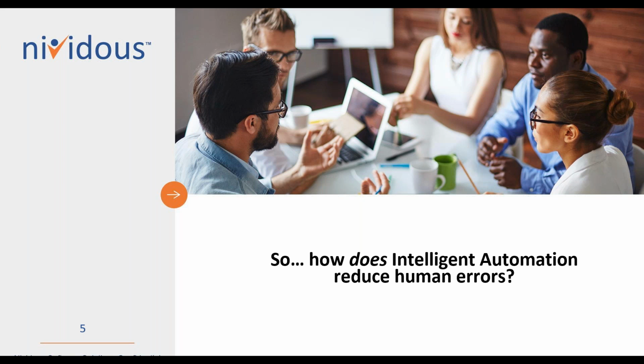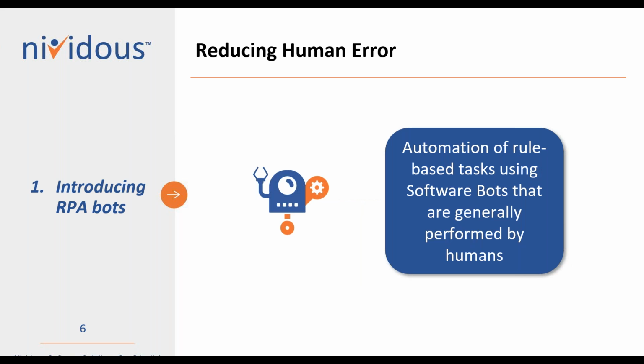Okay, so we kind of already talked about this, how intelligent automation reduces human errors by taking those repetitive, mundane tasks off of people's plate, putting it in the hands of bots that are going to do that work the same way every time, right? If they're doing the same task over and over again, a million different times in a day, they're not going to get bored. It's going to take them the same amount of time, and they're going to do it with the same precision for the 1 millionth task versus the first task.